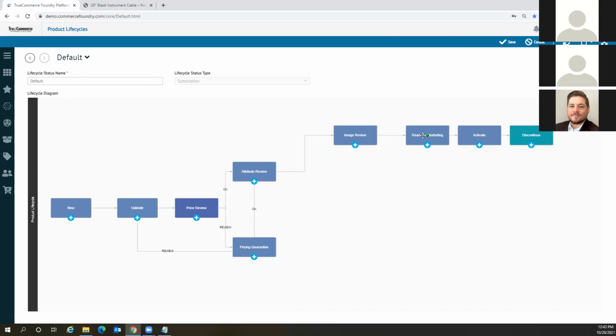Once they've attached the imagery, they can mark it as ready for marketing and have marketing approve that so that it can be published. And then at the end of the day, being able to say, hey, this product is discontinued. Maybe you replaced it with another SKU, maybe you're out of inventory, and you can do that. These can be driven through configuration. Our team works with you on that configuration in order to identify early on in our business process review what are the different steps that you want to take a product through. But this allows you to handle both the internal and external collaboration across your organization on this